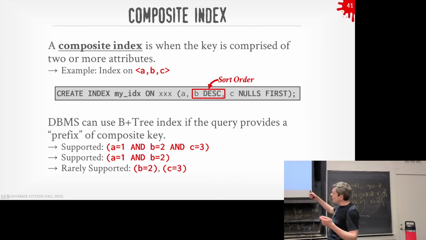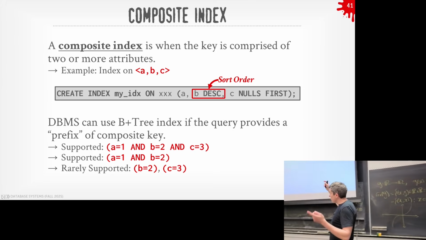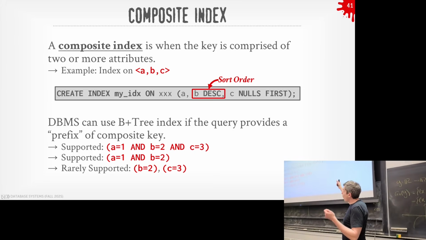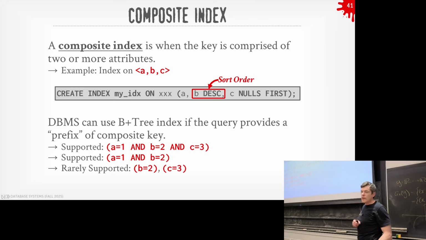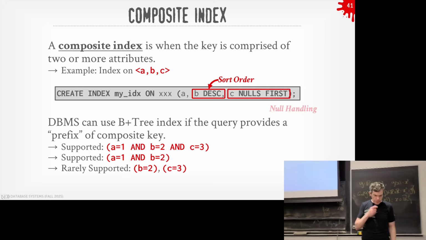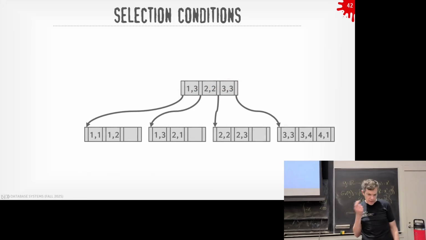So again, I have an index on A, B, and C. I can do a lookup on A and B and C, or an index on just A and B. And then some systems, Oracle and now Postgres has this too, you can do what are called skip scans or partial keys, where I don't have the prefix, I don't have A, but I can still do lookups on B and C. There's extra machinery to make that work. We'll see that in this slide.